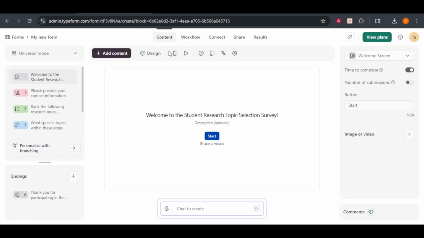After you have confirmed you are in the correct workspace, look over to the upper right corner of the designer canvas. Right next to the black Publish button, you will see the Preview button, which is represented by a small eye icon. Go ahead and click that icon now. This action will immediately open a modal window that displays a live, simulated render of your questionnaire exactly as it